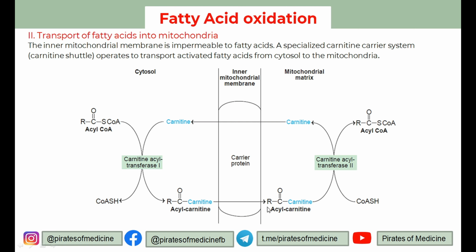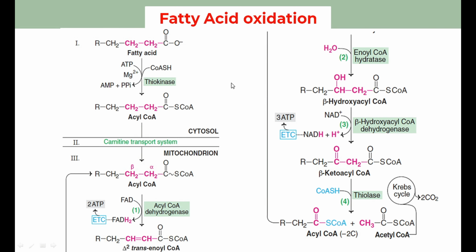After it has been transported, the carnitine separates from the acyl, and acyl coenzyme A is again formed and undergoes the process of biological oxidation. The carnitine can come out and continue this cycle again. So this is the process of the carnitine shuttle. So what is the function of carnitine? Transport of fatty acids into the mitochondria. Next occurs the whole process of fatty acid oxidation.